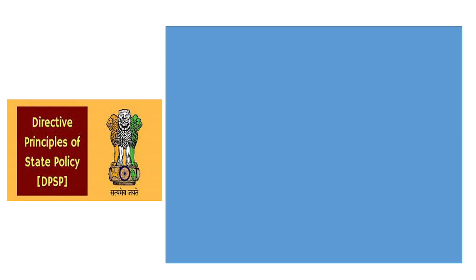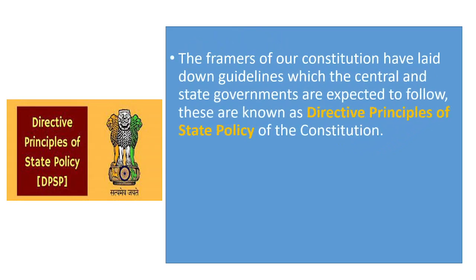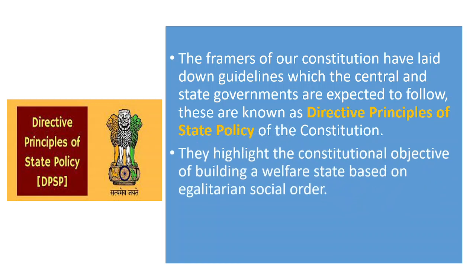These are the directive principles, which means these are the guidelines mentioned in the constitution of our country, which guide the state government and the central government. They help all the governments of our country to frame policies for the betterment of the society. When the framers wrote the constitution, they wanted to give guidelines to the governments to follow, so that all of us in unison achieve the objective of our constitution, which is a socialist egalitarian order.